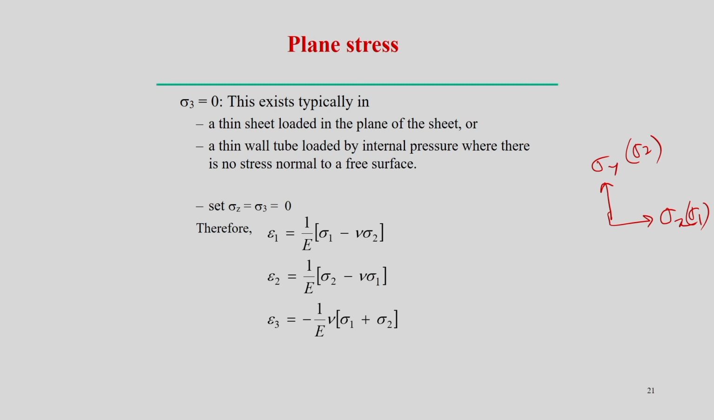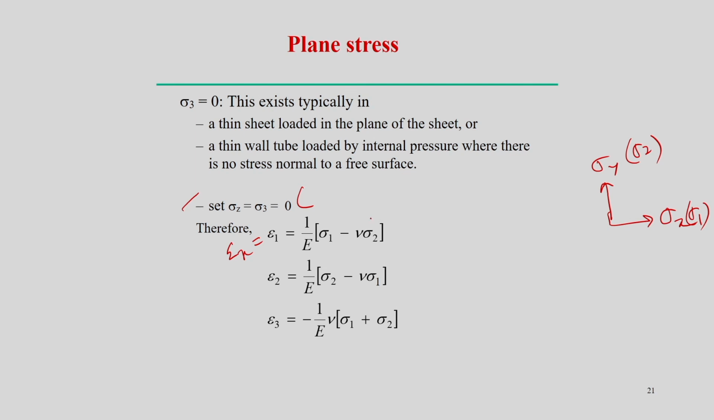So, definitely that sets sigma z equal to sigma 3 equal to 0, and this is the condition for the plane stress condition. That means one of the stress components becomes 0, but it is not necessary that the strain will be 0 in that particular direction; we will see that. So, once we set sigma 3 or sigma z equal to 0, then epsilon 1 or epsilon x,